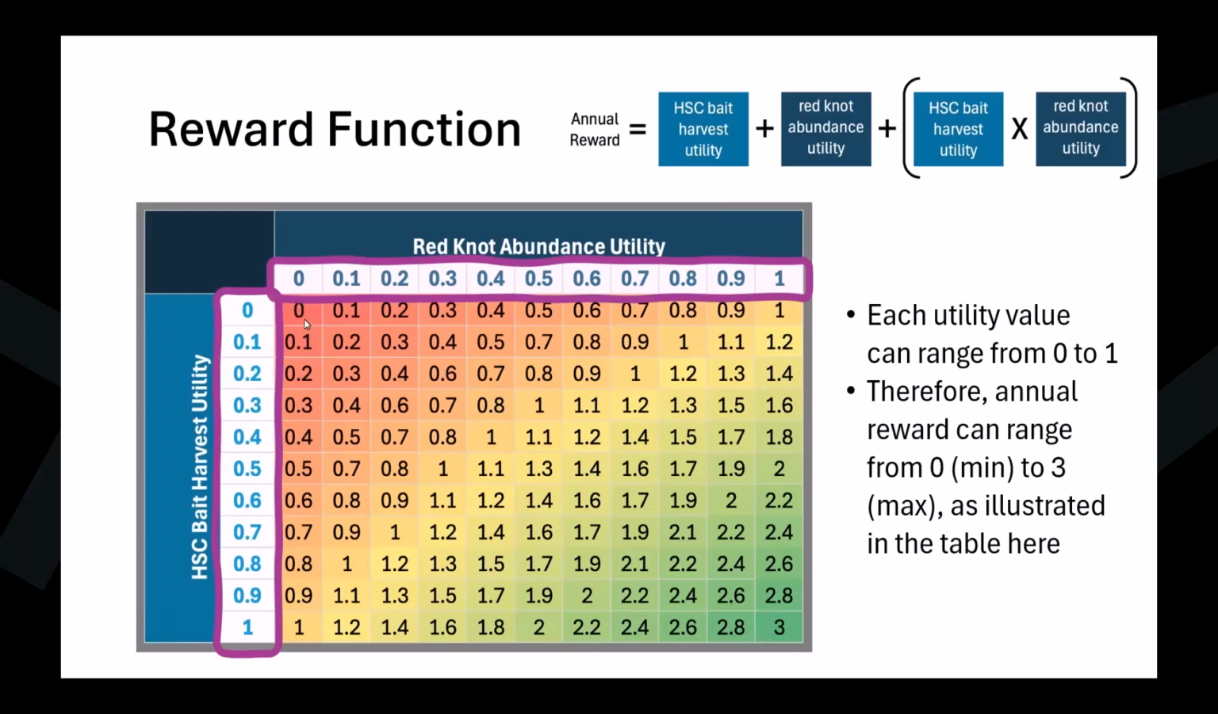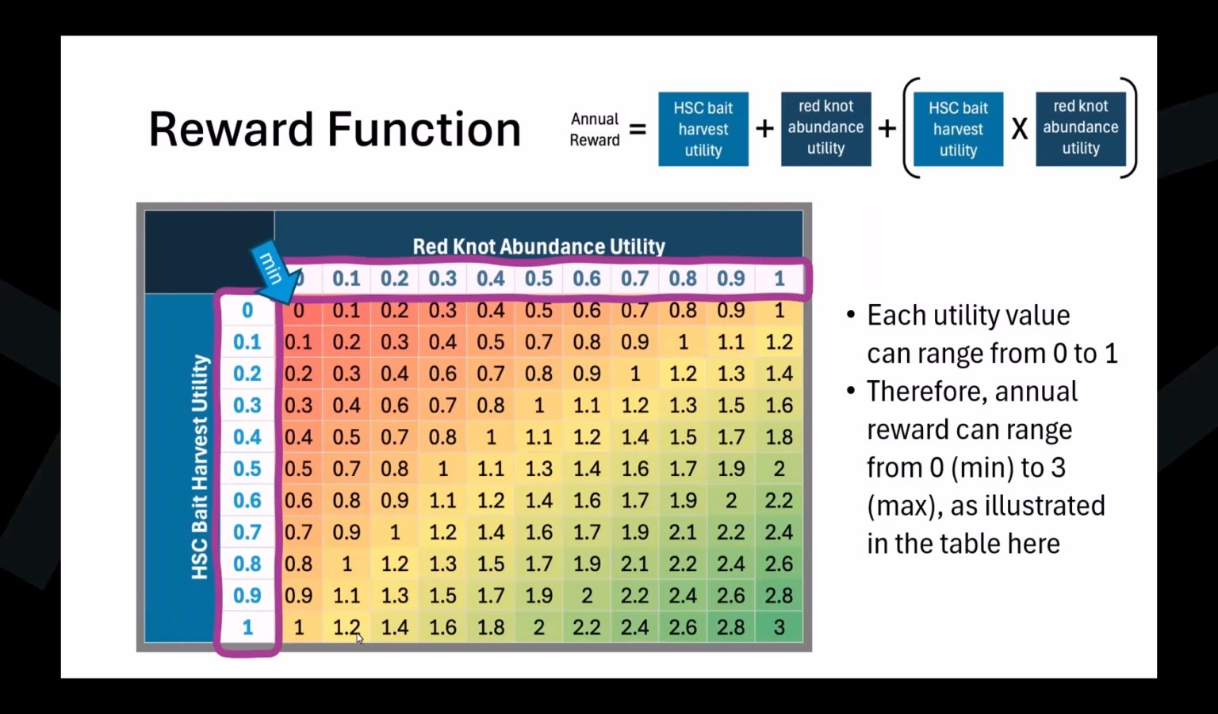Whereas if it's above 0, then you begin to get reward both from that red knot utility term itself, but also that third term. So it acts as a multiplier. That sort of works to dampen the trade-off between these two utilities, you could say. So as an example,